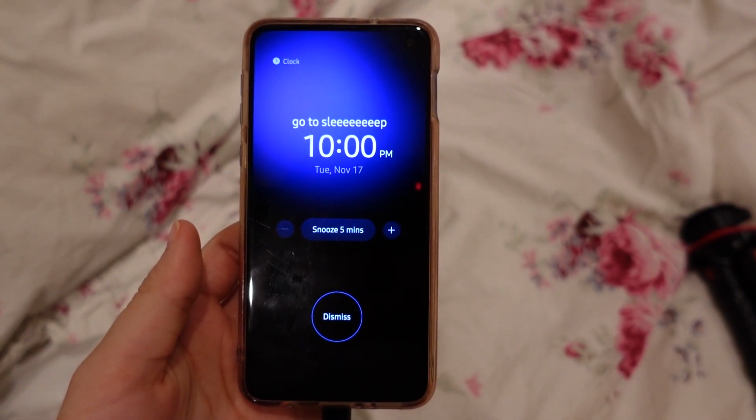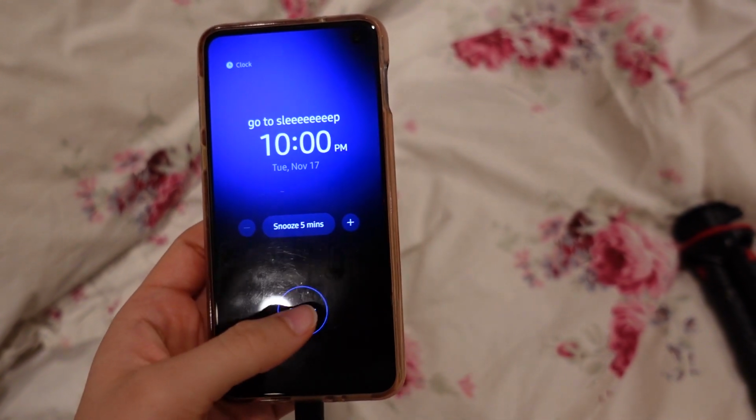I've fallen off of this schedule a little bit because of YouTube. I've been editing a lot at night, but normally I will make sure I have an alarm on my phone actually that goes off at I think 10, and it says go to sleep. And so when that goes off, no matter what I'm doing, if I'm watching YouTube or something, I will make sure that I start at least getting ready to go to sleep, like washing my face, brushing my teeth, things like that. So that way I'm somewhat on a schedule,